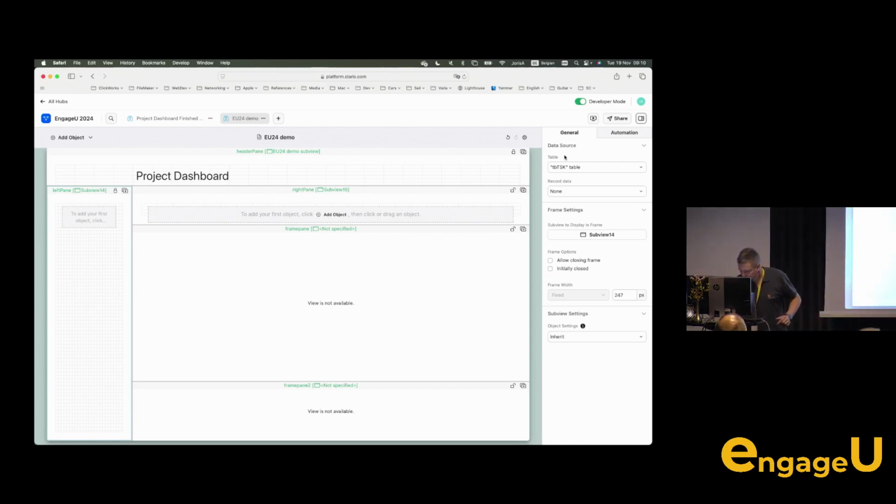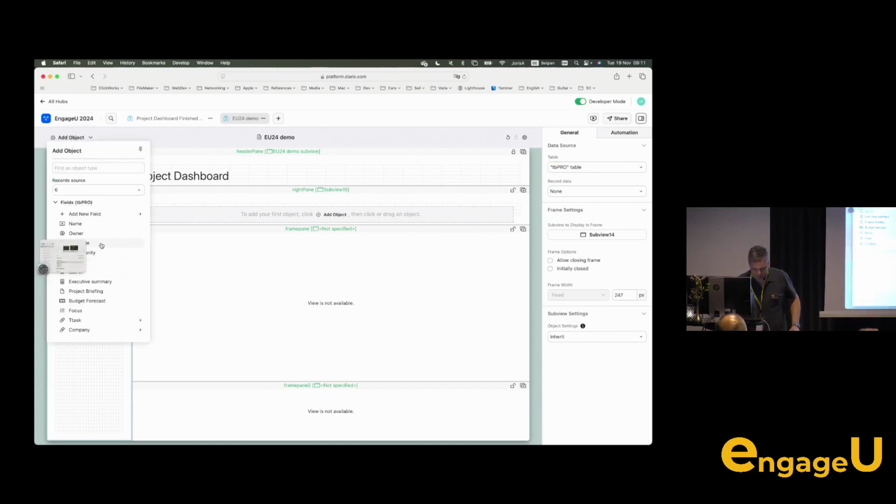Okay. Now I can switch. I can choose, instead of tasks, I want to display projects in this sub-view. So if I now add a data control, a list,